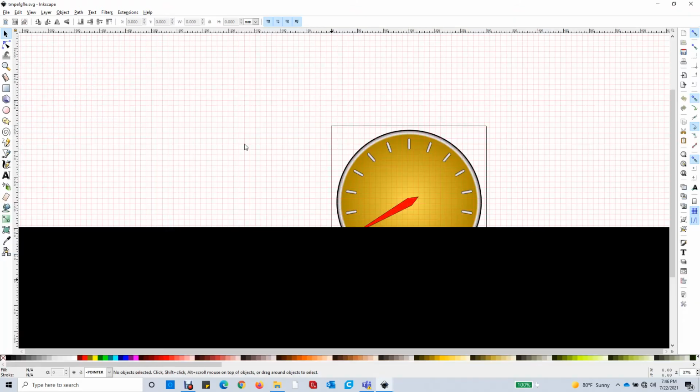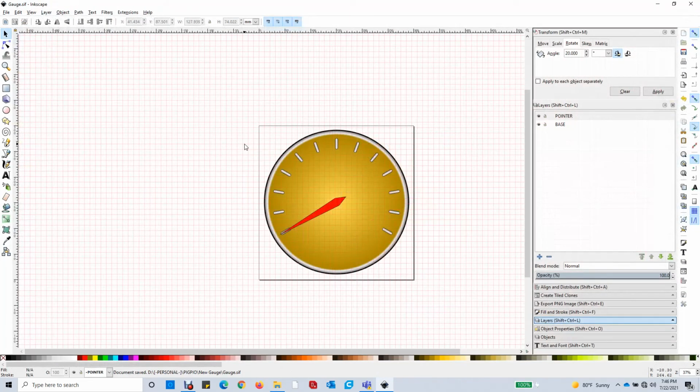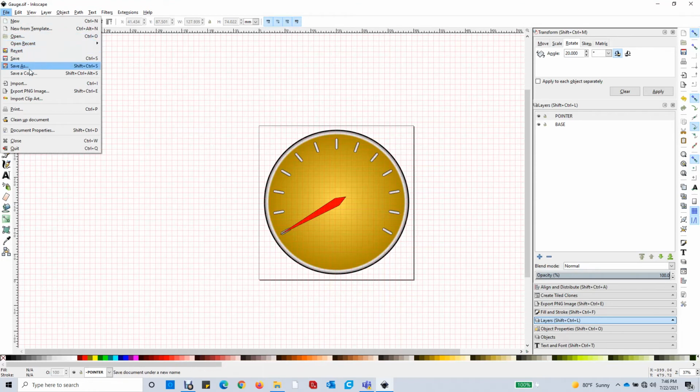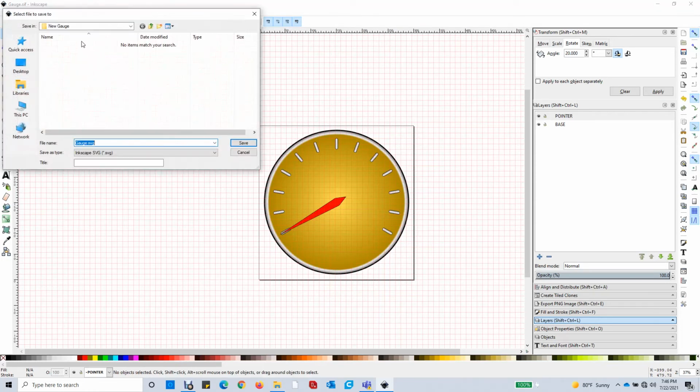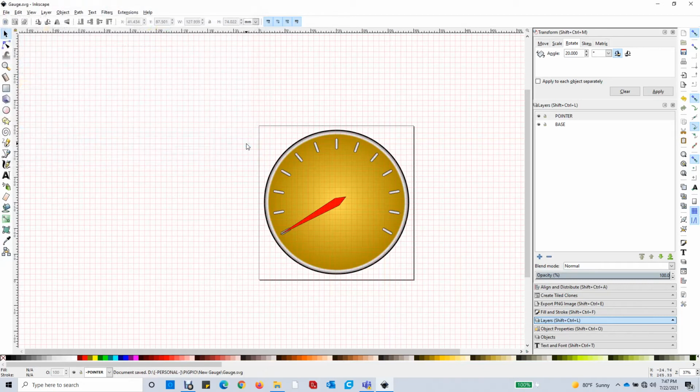So now it's saved as a Synfig shape. And at that point, we're finished with Inkscape. But just in case I want to go back and edit it in Inkscape, I'm going to go Save As, and in my same folder I'm going to save it with the SVG format. That way I can always come back to here if I want to. And now I'm going to close this.